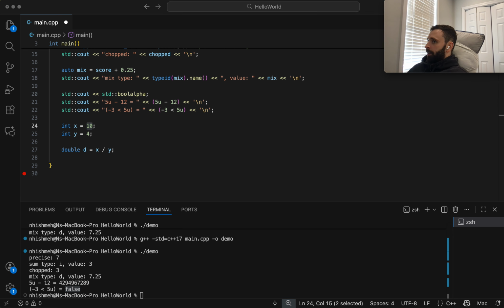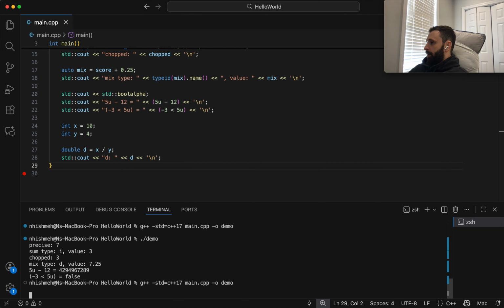And now we want to print out the value of d. So what do you think 10 divided by 4 is? If x is an int 10 and y is an int 4, so int 10 divided by int 4, what's the resulting double? Well, we already know it's basically either going to be 2 or 2.5 depending on how the type conversion happens. So let's look at what happens.